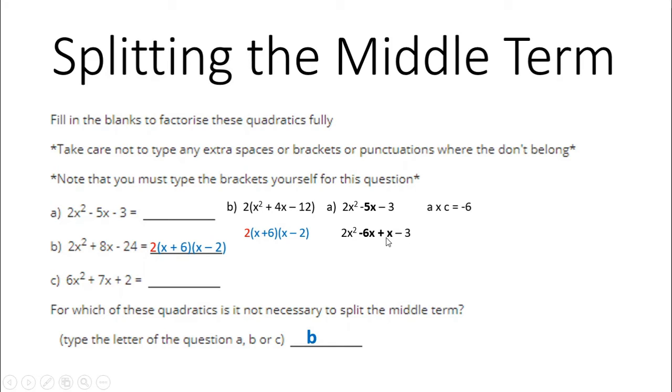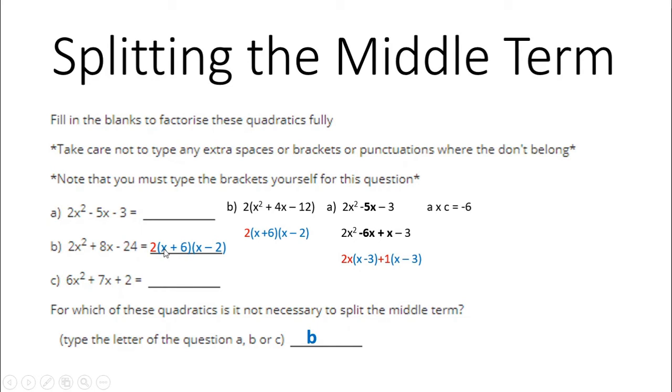That's where you have to remember that if they can't divide by anything, the common factor is 1. So I've put 2x in front of the first two terms. If I were to multiply that through, it would be 2x times x would make 2x squared. 2x times negative 3 would make negative 6x. And remember to put the plus 1 in front of the other bracket, because remember I want to end up